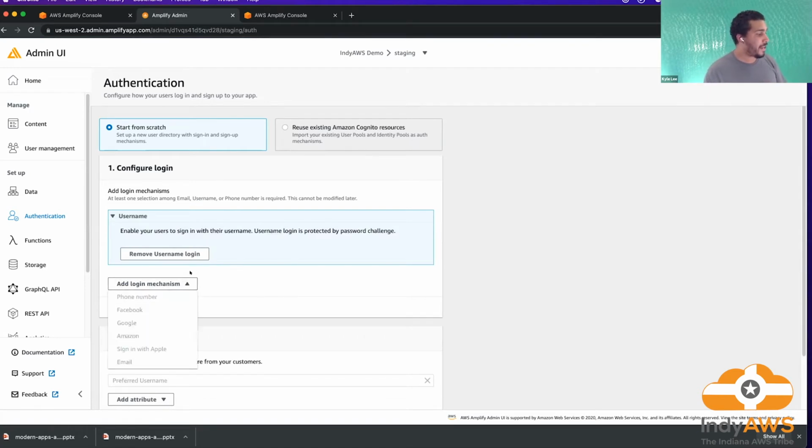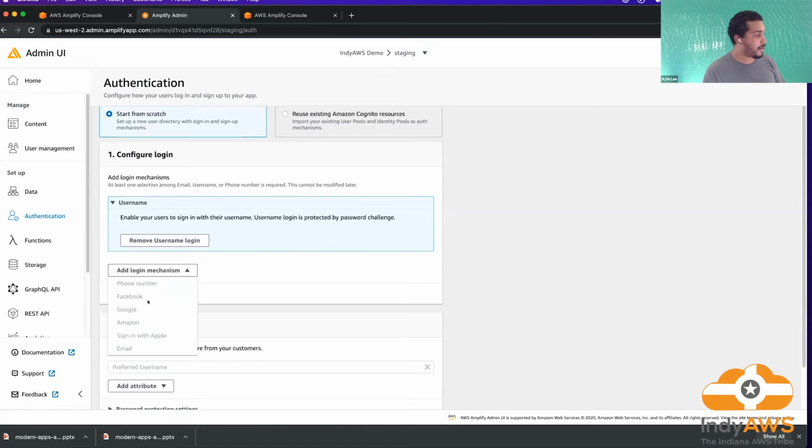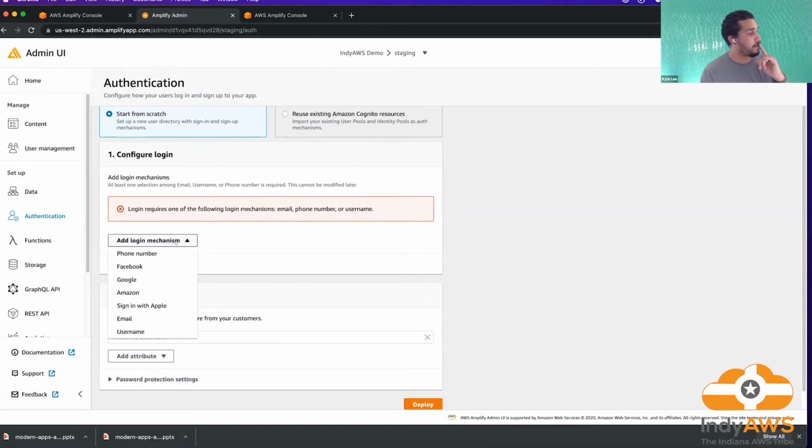If you wanted to add different login mechanisms, you can do it, but you have to set it up with one of these or the other, and then you can add other authentication points through the CLI, but not through the admin UI.